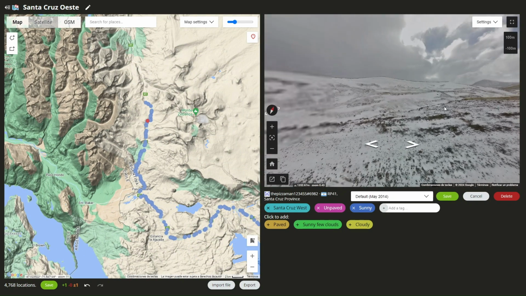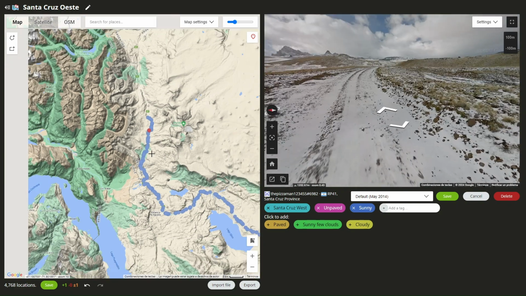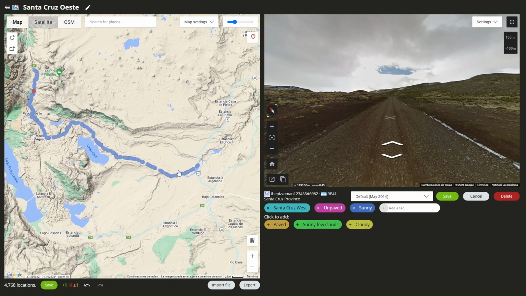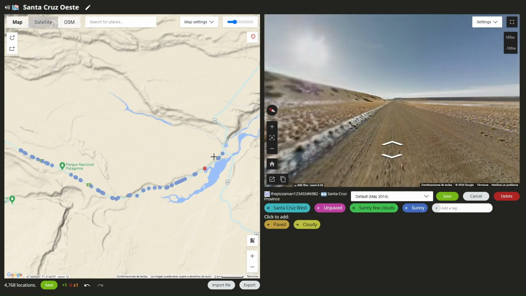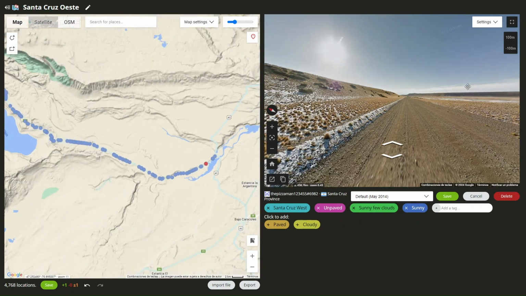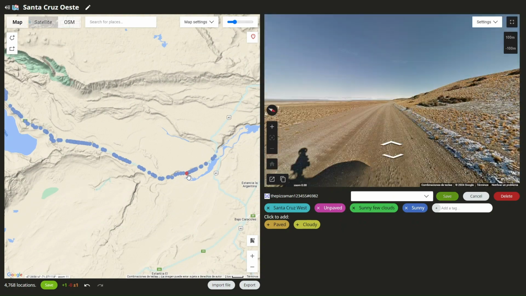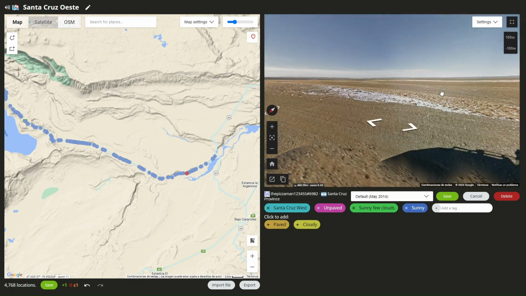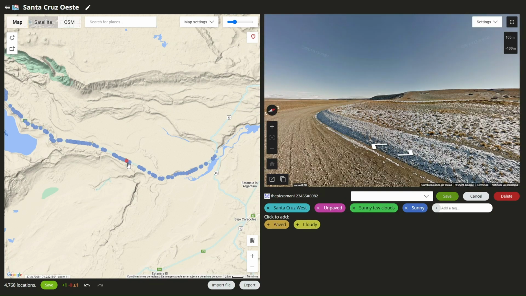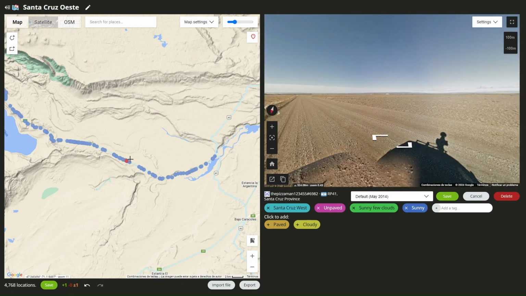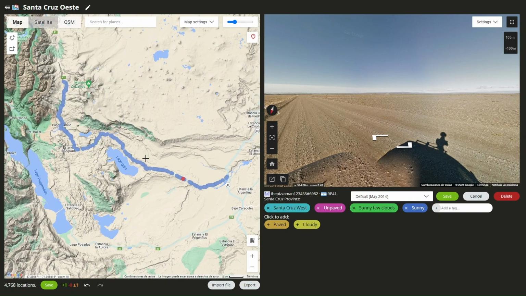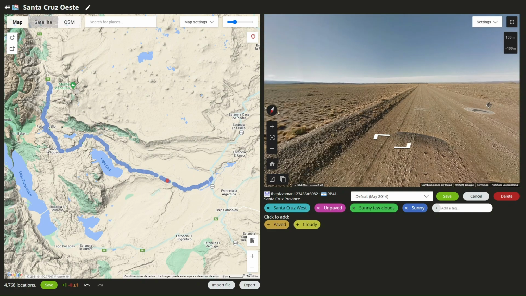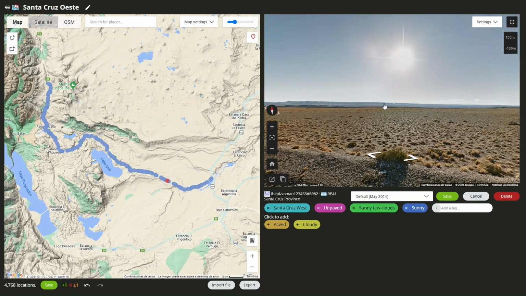So if you go here, you'll see it gets cloudier, but then you have lots of this powdery white snow. Okay, so when trying to identify the 41, the main thing you're going to be looking at is, of course, the sunny coverage. Also at the start, you get this white powdery snow, which kind of looks like, I don't know, icing on a cake has been scattered all over the dirt, but that's mainly just for the start. If you look at the terrain map again here, you have a plateau, another snowy plateau to the north. So if we look to our north here, we can see that snowy plateau,